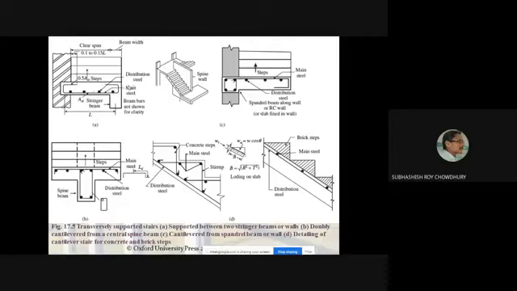Here the span will be in the transverse direction, so this will be the span length. This is the clear span. From that you can find out the effective span. It is from this point to the center of the beam. Some ideas regarding this are given in IS 456, but try to understand the concept. The concept is this one.